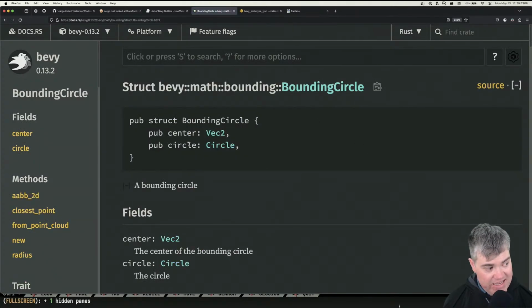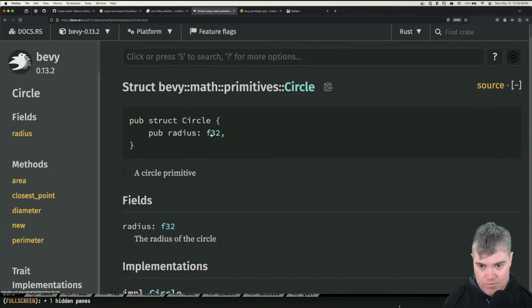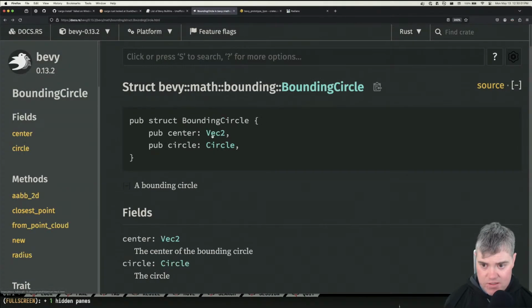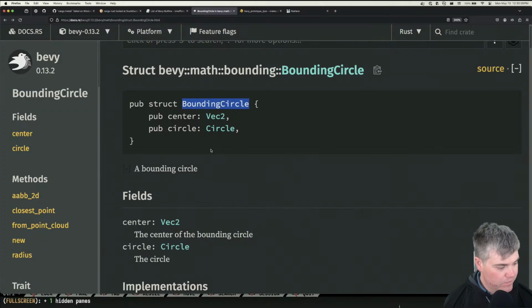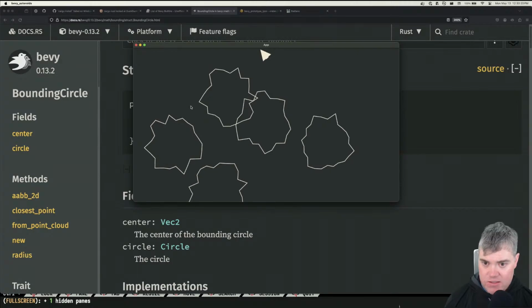And then store that, I guess, in a component. I guess I need to store the circle in a component. Yeah, because, okay, that has the radius. So I need the bounding circle stored in a component, and then I add that in. That's pretty much what it is, right? Okay, so